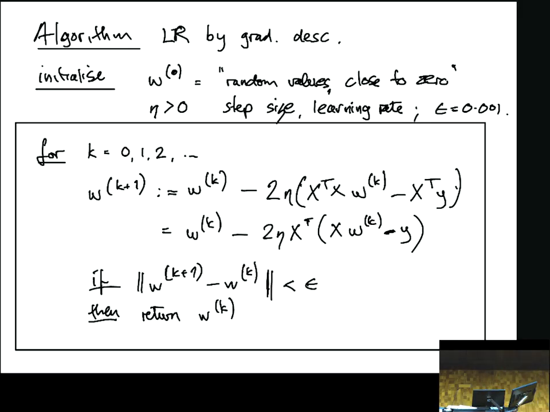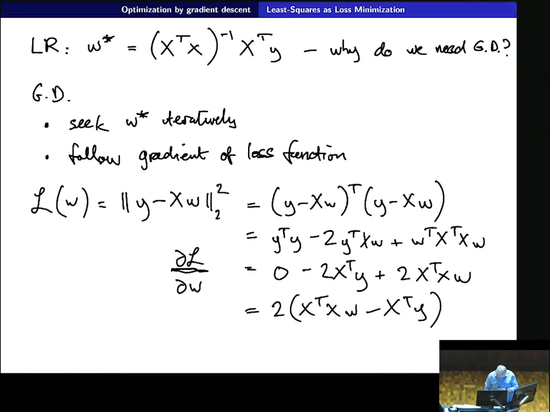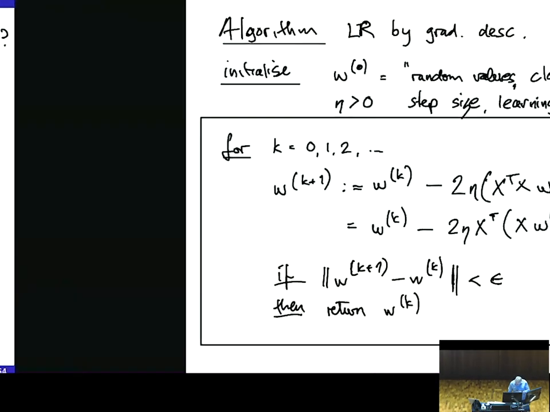So we're just estimating the gradient at a particular point. And because the expression that we derived for W is this thing here,